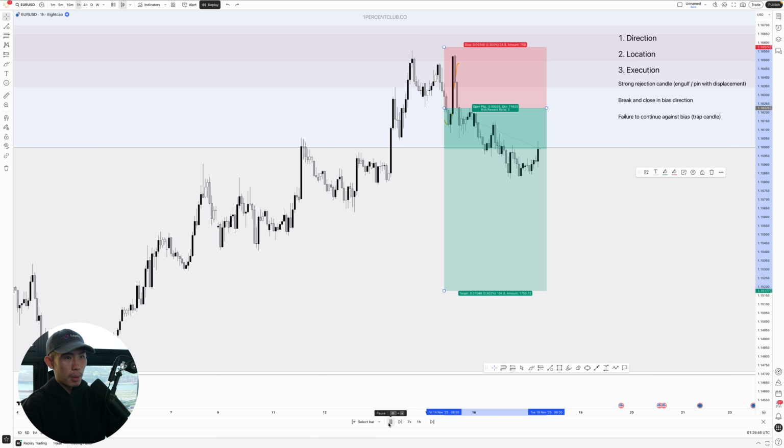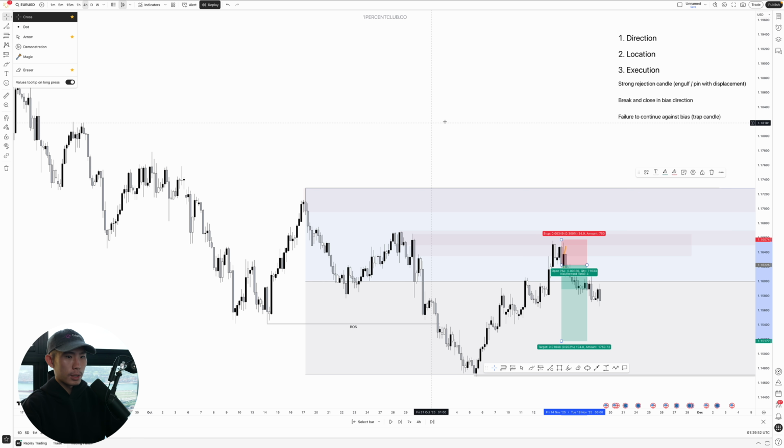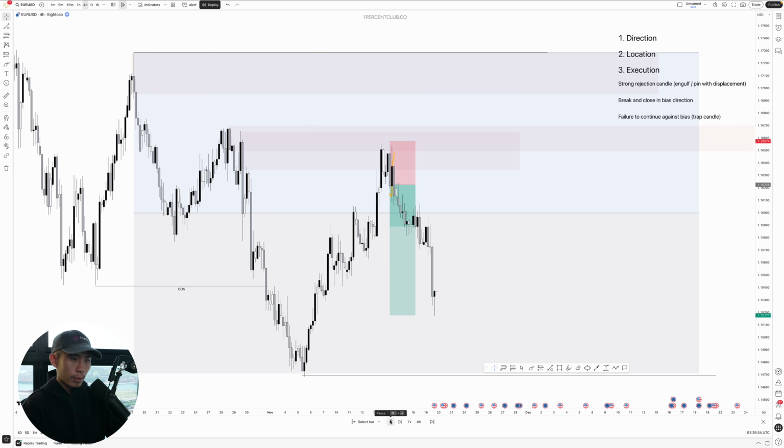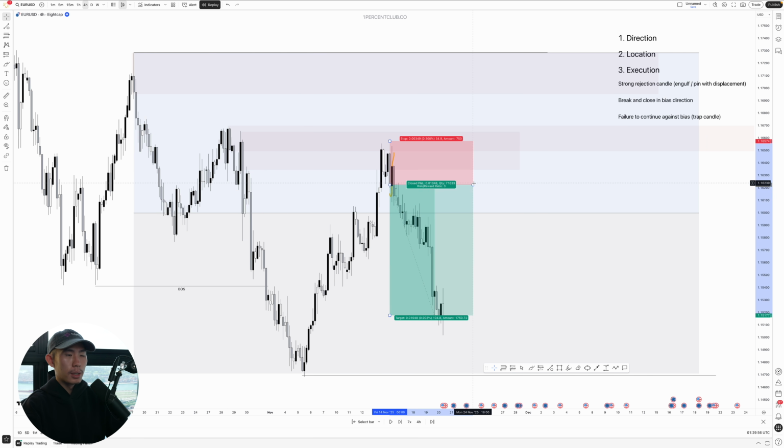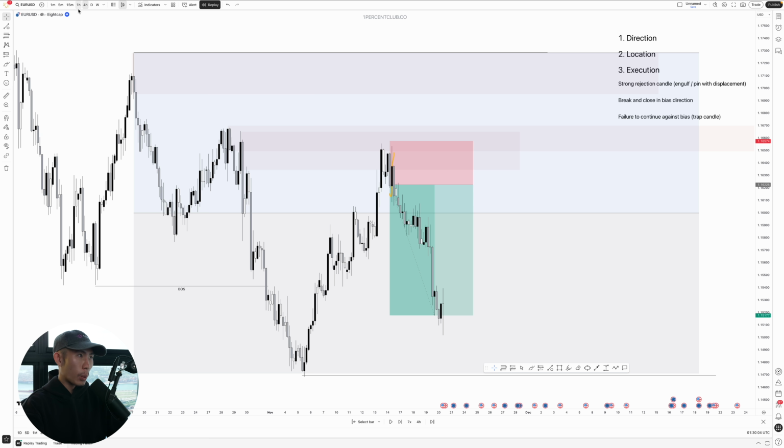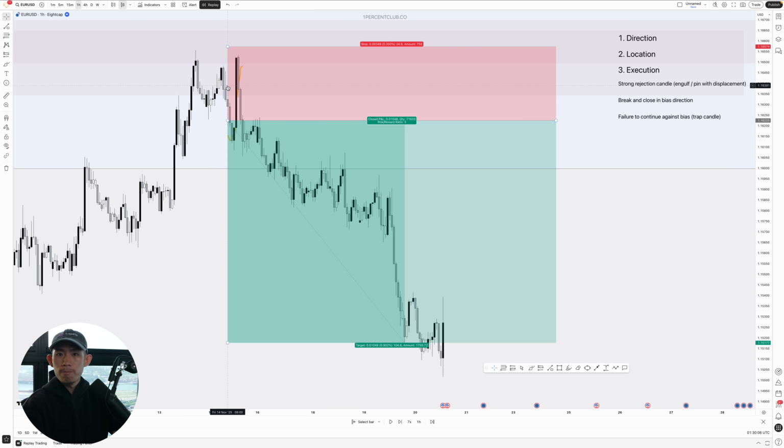Okay, there is sufficient supply in the market, and then price just continues going down, and slowly and surely, let me just go up to the 4-hour time frame. Let's see whether it hit TP or not. Come down and smash our TP, as simple as that. And once again, it all comes down to these 3 simple steps: direction, location, execution, and waiting for your 3 confluences. Tada, that's it.